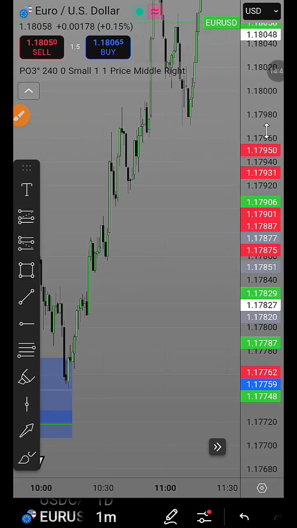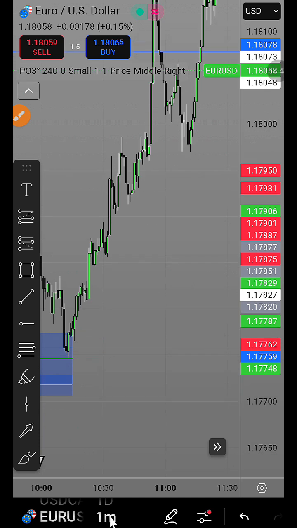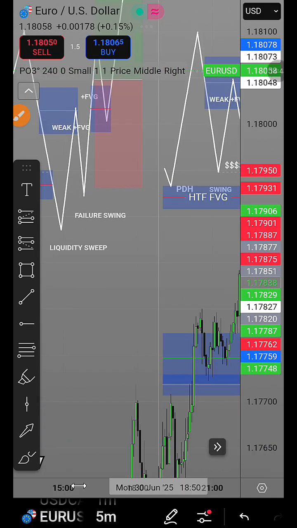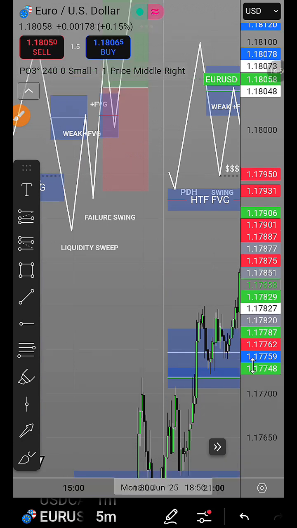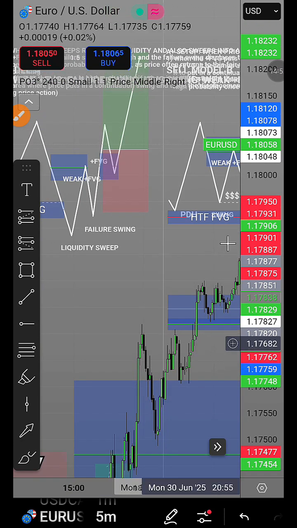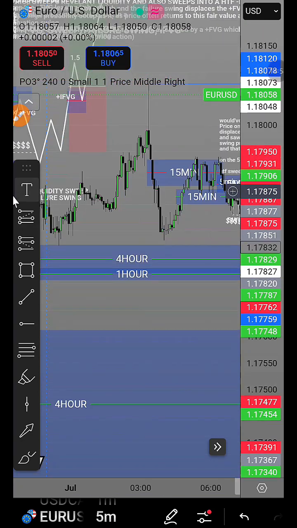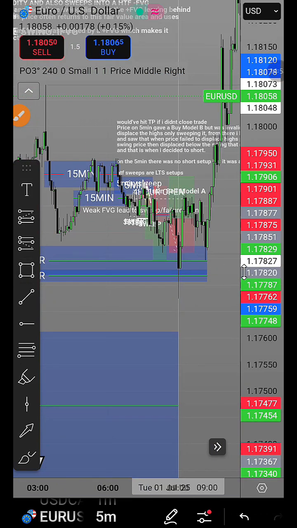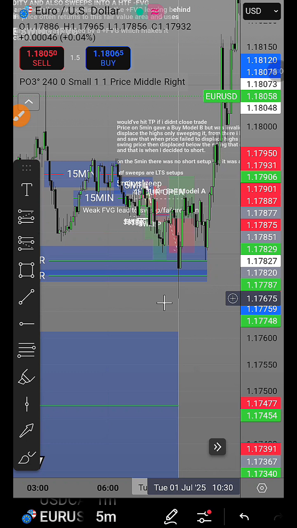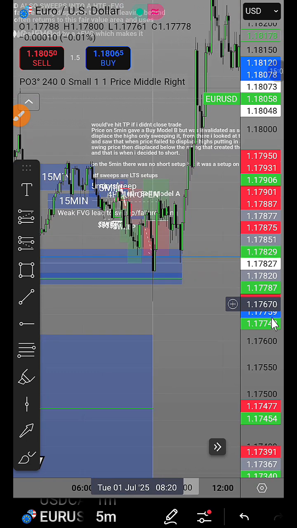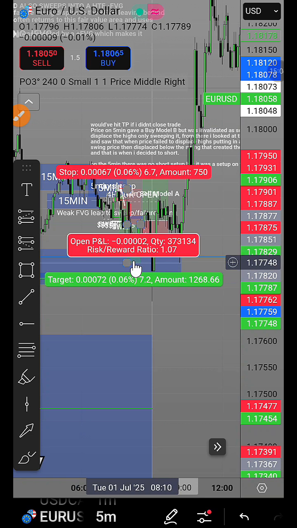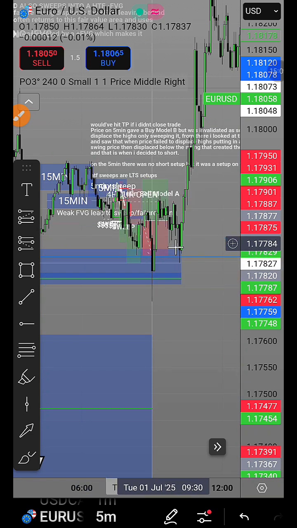Don't get emotional about it. Just trust your model. And if you lose, you lose. If you win, you win. Because you can see that clearly price can always just either prove you right or prove you wrong. You can take that loss as a lesson and come back better. Just like I'm taking this loss as a lesson to trust my model, trust my setup, because I've backtested it a lot of times.